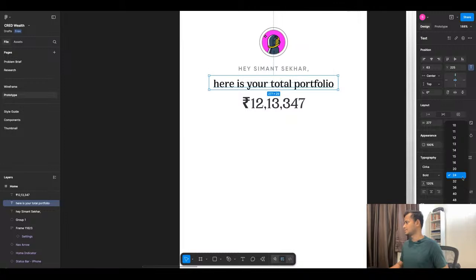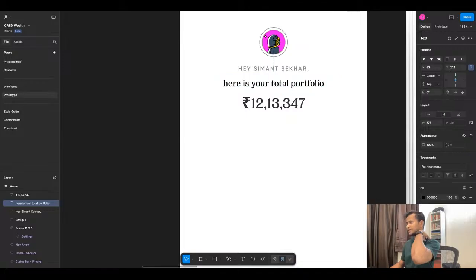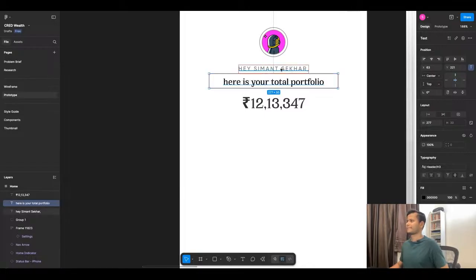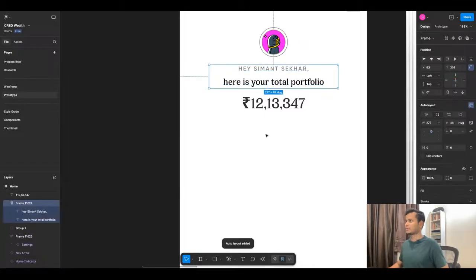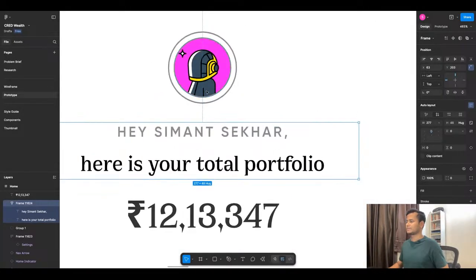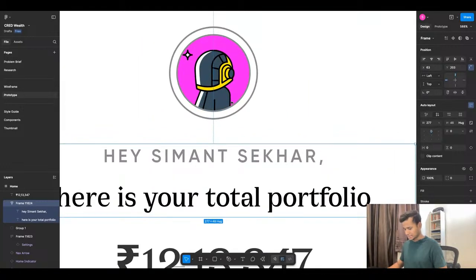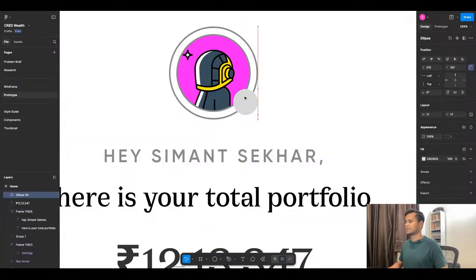And this one, let's give it the title of, let's say 20 pixel maybe. This is all fine. Correct. Yeah, this looks good. Put it in an auto layout, and we have a badge here. We will also give it a badge here as well, something similar to this. Okay, for now I will just copy one circle here, put it like this,